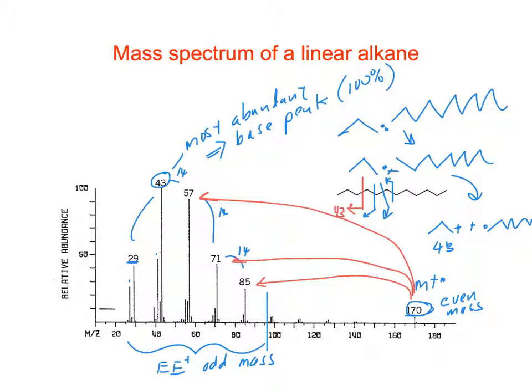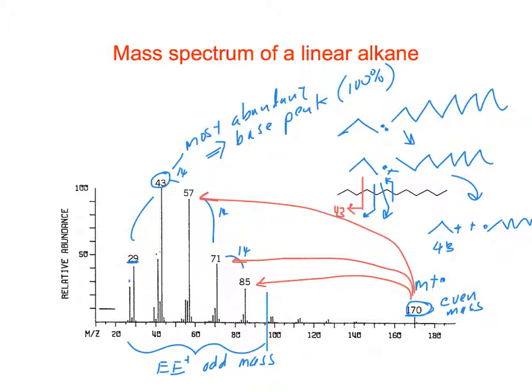Probably because there's less carbon, so it's probably easier on both sides, and then you can move the positive charge. Same thing with 57, it's almost the same. So in general, what we want to look at though is the biggest ions. Ideally, we could explain the formation of the base peak, and we're going to generally look at the higher